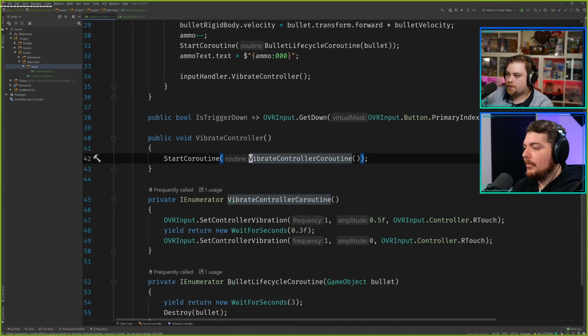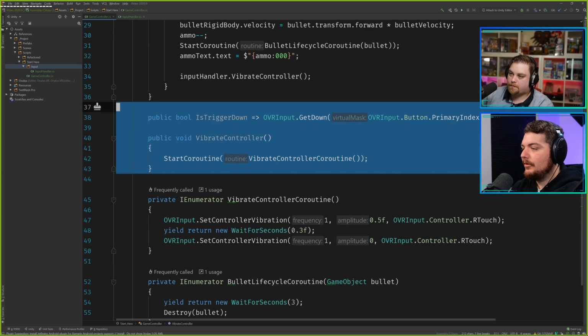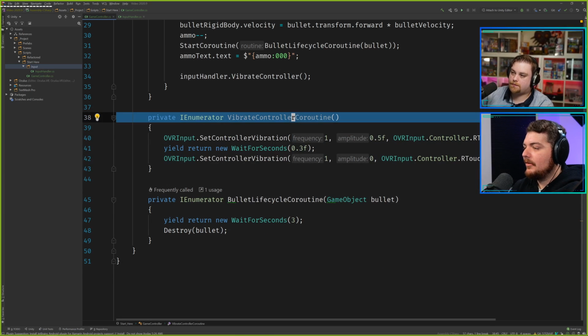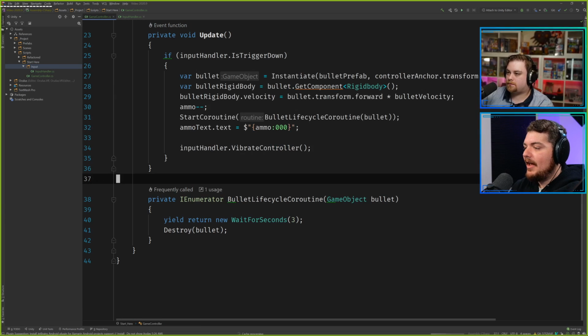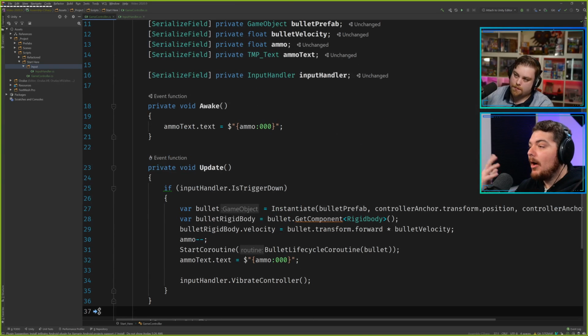These are both grayed out, meaning they're not being used anymore. Rider is using that to signify that they're not being used, and we can remove that. And now we've moved all of that functionality, that responsibility that game controller had to decide how input is handled. Now it no longer has that responsibility.